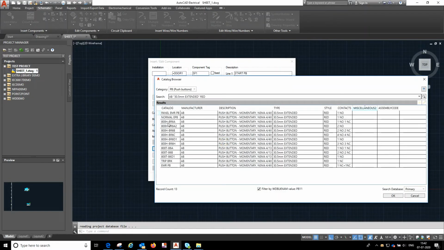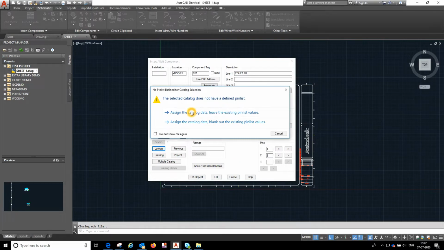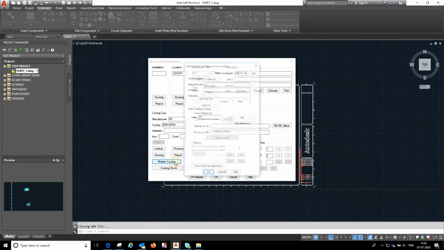Here I'm randomly selecting the push button component. Think it has a body of the push button, and thereafter I hit on OK button. Just take the first one and don't click on the OK button. Just go on multiple catalog.